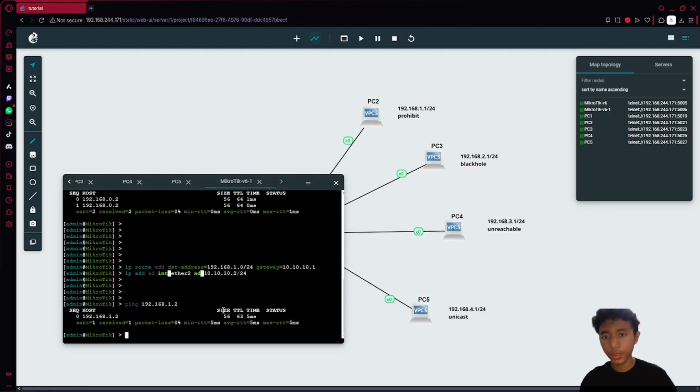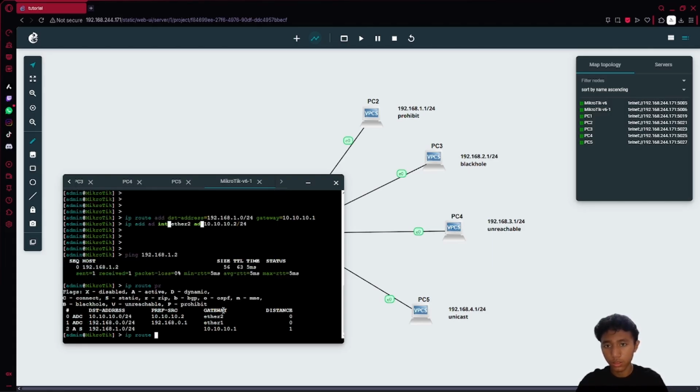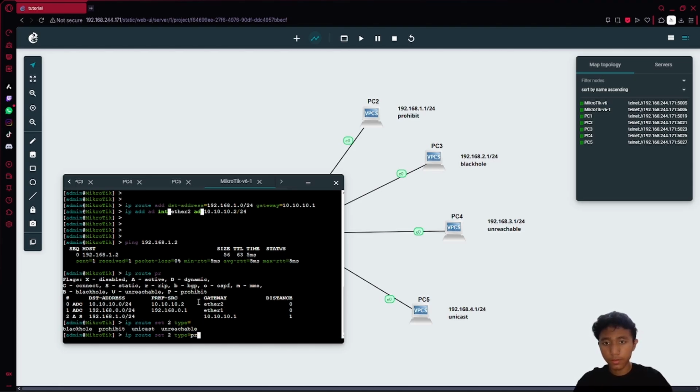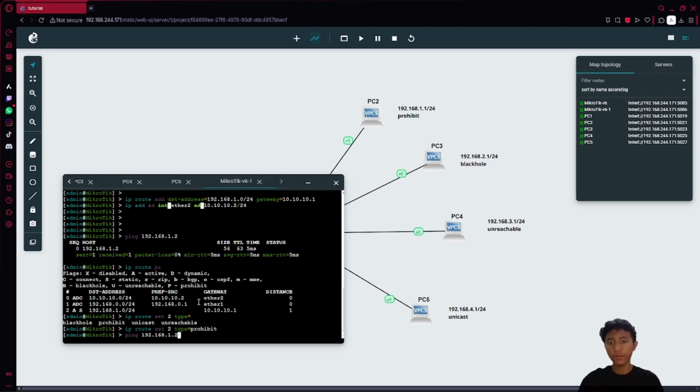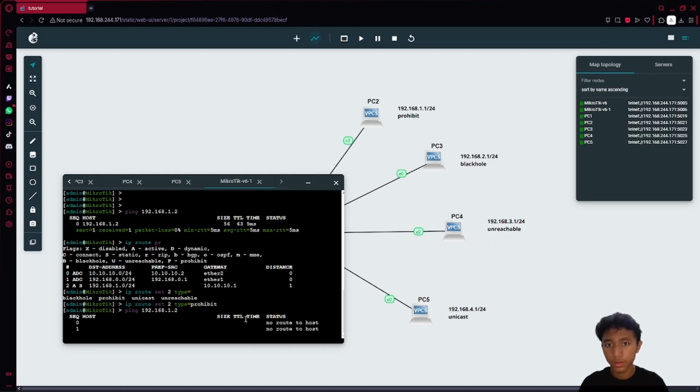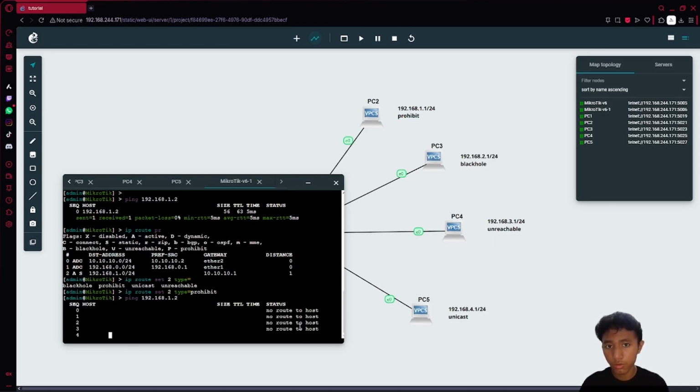Then if you get the reply, now I will set the route by using IP route print first to check the route, then set the number, because it is to be set to type prohibit. If you ping it again, it says no route to host.